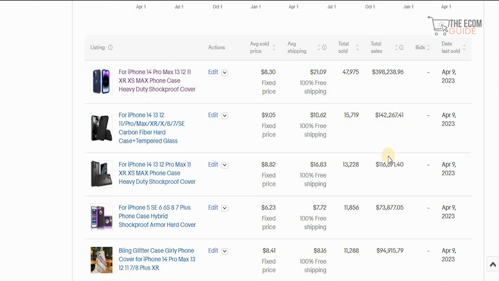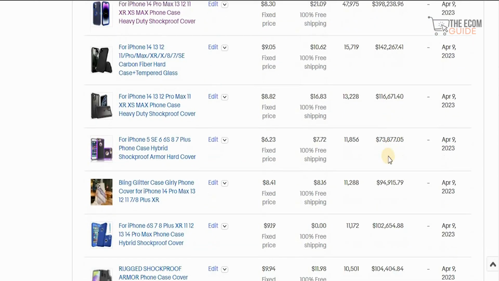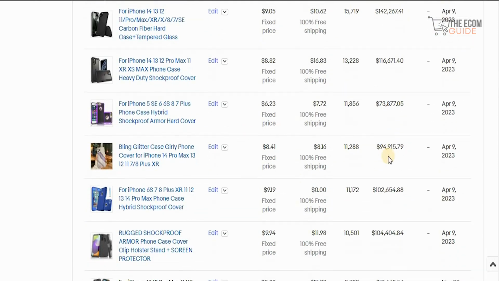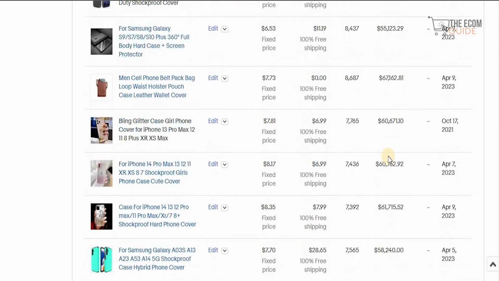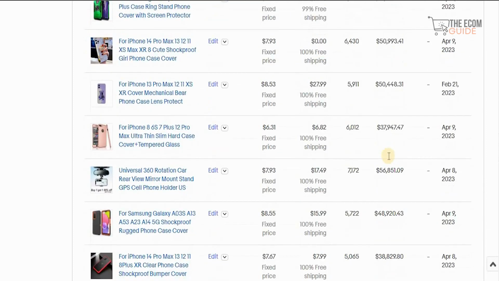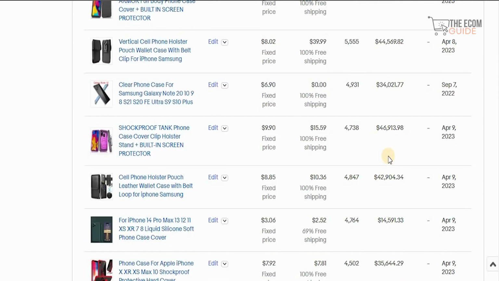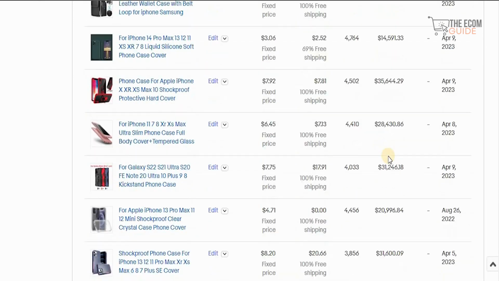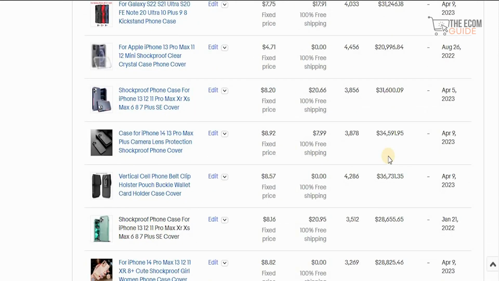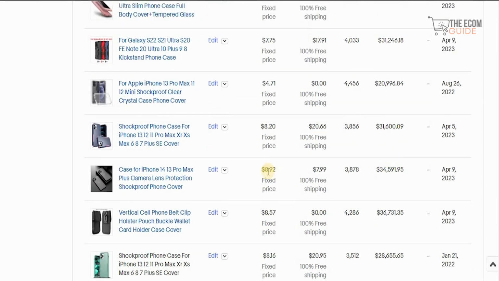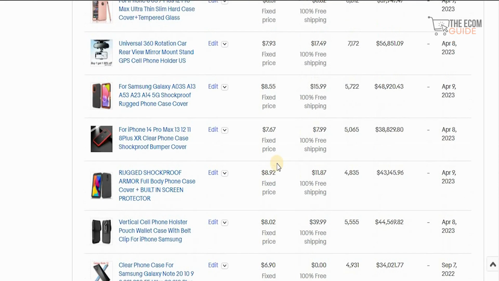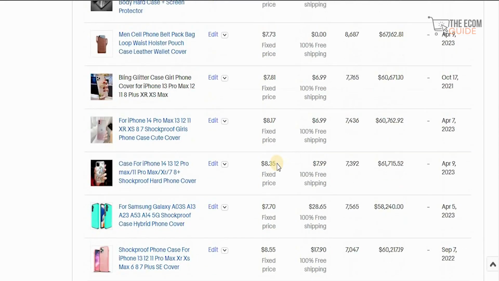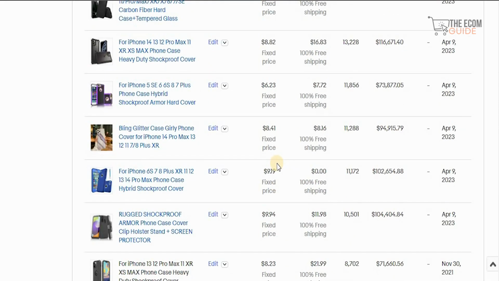If you scroll down and see all the other sellers available, $142,000, $116,000, $102,000, $55,000, $58,000, $69,000. They're making huge amounts of money off one particular product, and so could you. It's so simple, straightforward, and easy, guys. There's nothing to it. And if you look at the average price that is being sold over here, they're selling for $8, $9, $10, and you can sell it for this mark as well and still end up making a healthy